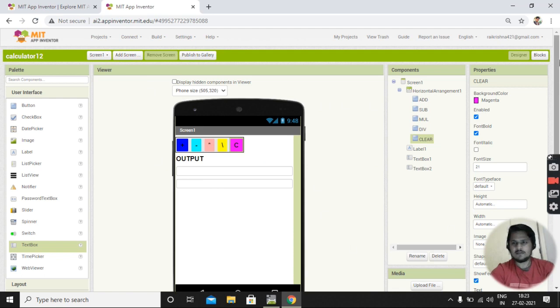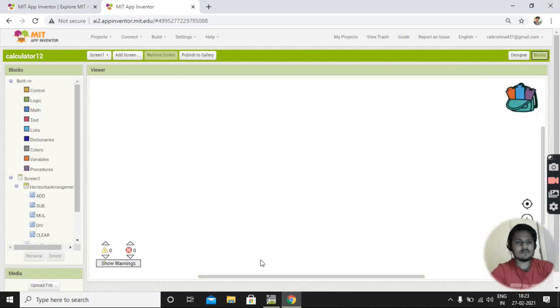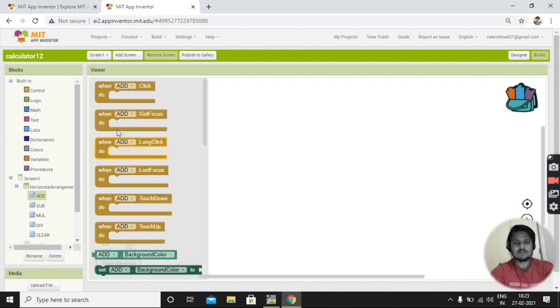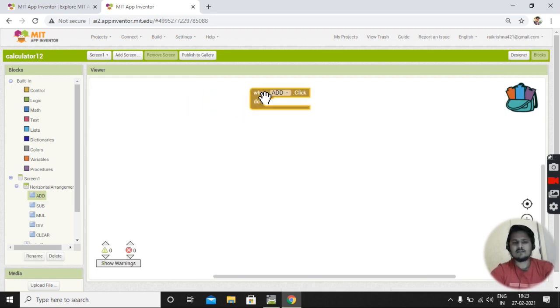Now we have to program it. So click on blocks and click on add. Take this, drag and drop in this area. When we click on add, what will it do? It will add.